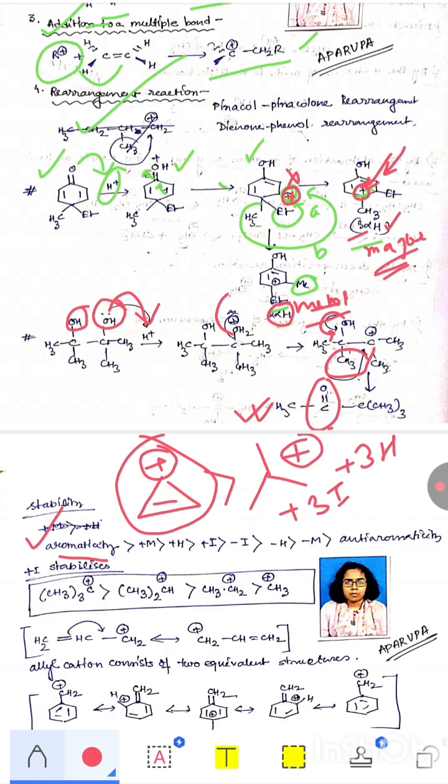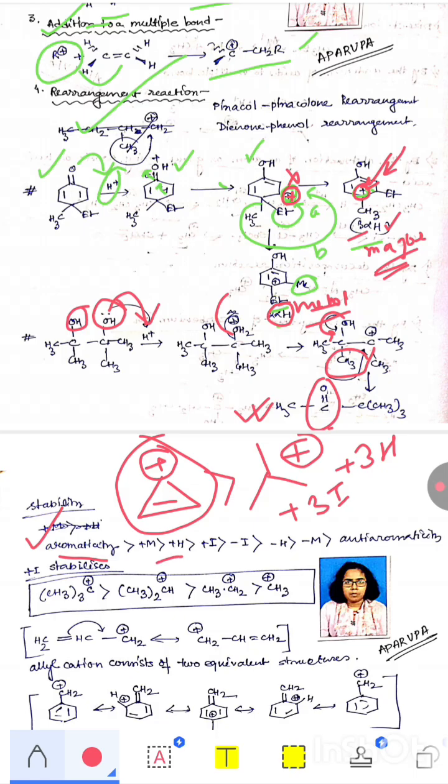Okay, major contribution. Then we have to see plus M, that is resonance, plus resonance. Okay, not a minus, plus R effect, प्लस आर इफेक्ट और प्लस एम इफेक्ट। आप उसको रेजोनेंस भी बोल सकते हो, आप उसको कॉरेस्पॉन्डिंगली मेसोमेरिक इफेक्ट भी बोल सकते हो। तो प्लस एम मतलब प्लस मेसोमेरिक इफेक्ट और प्लस आर दैट इज प्लस रेजोनेंस इफेक्ट। देन वी हैव टू सी दैट इज देयर मस्ट बी प्लस एच, दैट इज हाइपर